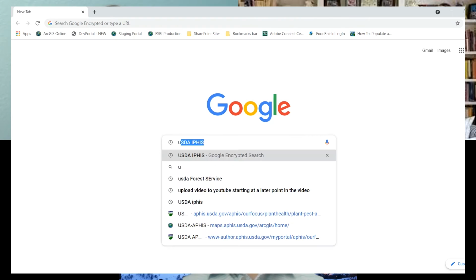That being said, how do I find the IPHIS? The easiest way to find the IPHIS is to go into Google, and specifically Google. Don't go to Yahoo, don't go to Bing, don't go to DuckDuckGo, don't go to any other service. The reason I say this is because IPHIS within the Google search cloud has the greatest number of hits, and you'll get the best response in the system. So go into Google and type in the search for USDA